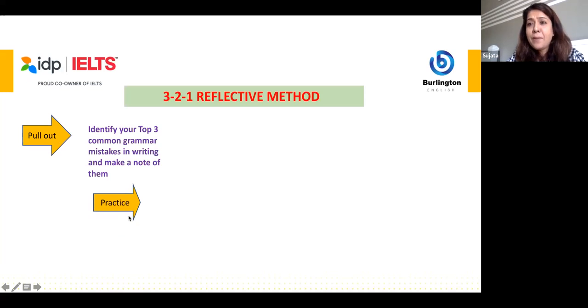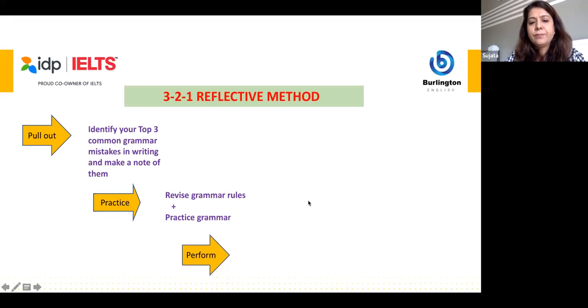And then comes the practice with rules, practice with grammar exercises. You know how grammar improves and you can improve it. And then it's time to put with confidence another writing piece and see, are your errors reducing? At least 1 week of reflective practice will help you reduce your grammar errors. It's not instant, and your slips are more fossilized. So it's not easy to get rid of them in just one attempt.